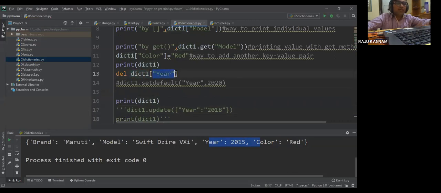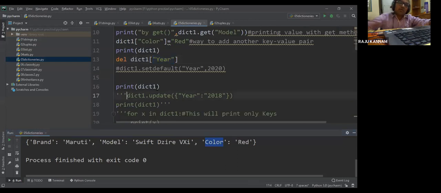Year. When you delete the key, its value is also deleted. Now if I execute this, this is the latest dictionary: only brand, model, and color will be there. Year is deleted, and its value is also deleted.